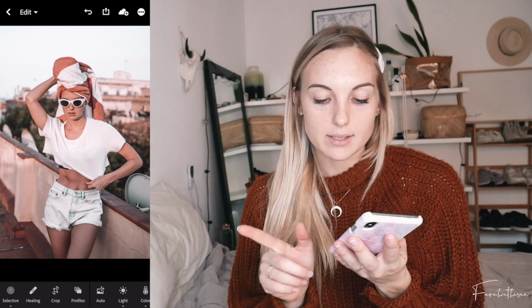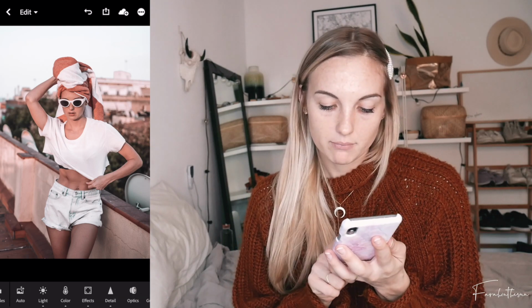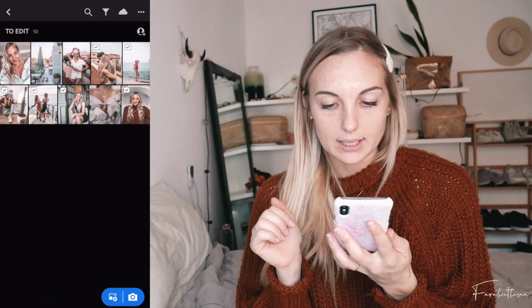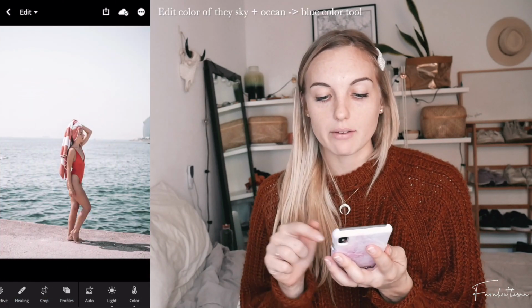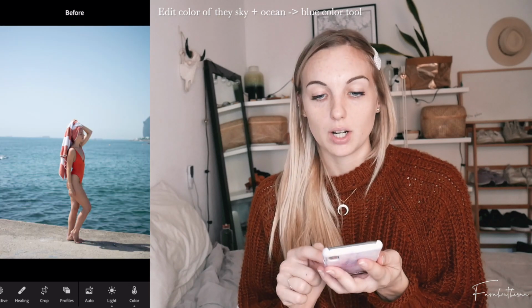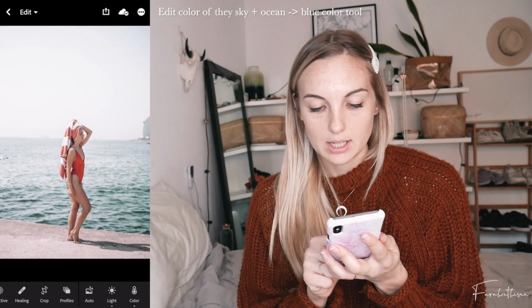Selective Tool and Healing are for paid subscriptions, but anything else in the app is for free. So that's good. Alright, now let's go back. I just want to show you real quick the before and after of these photos. So this is the after and before. Also use the preset and then